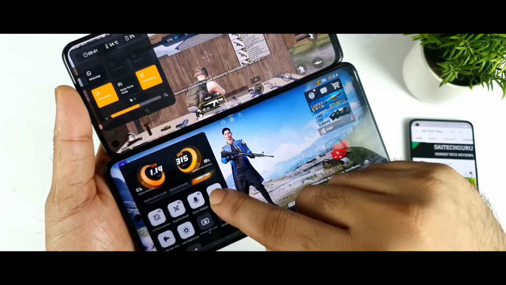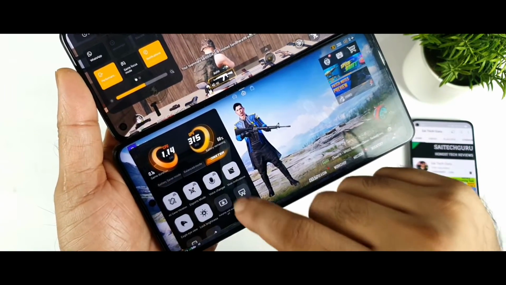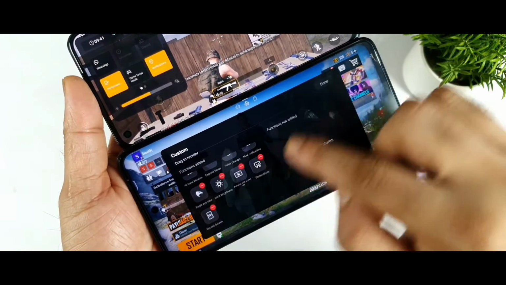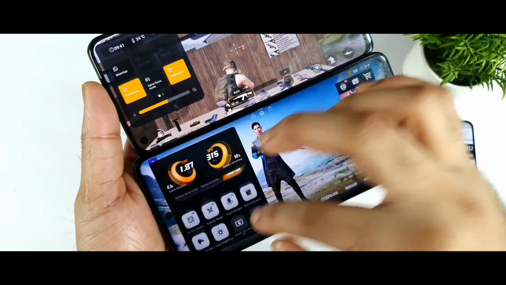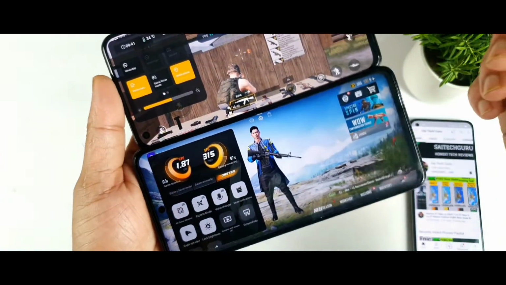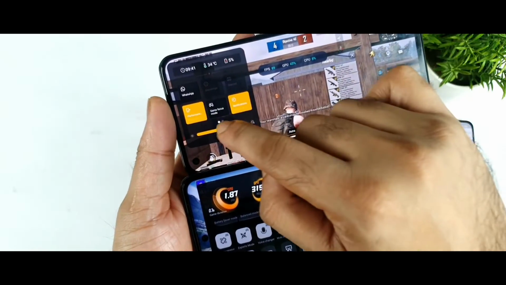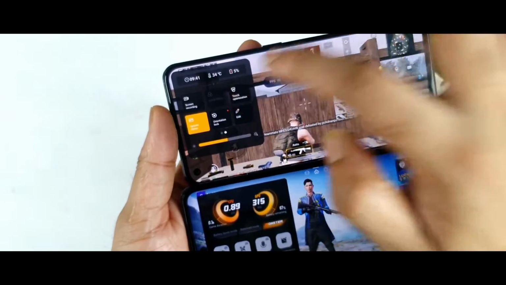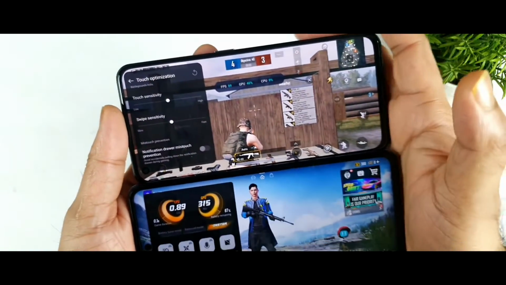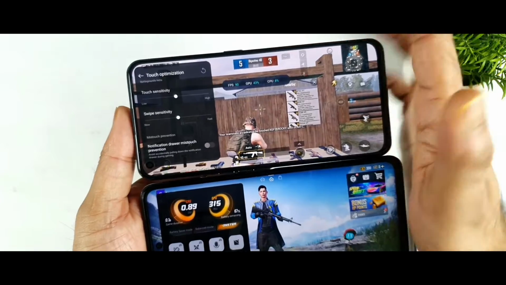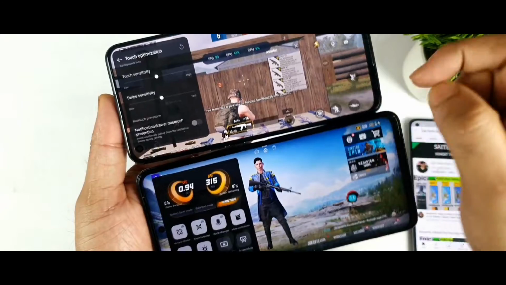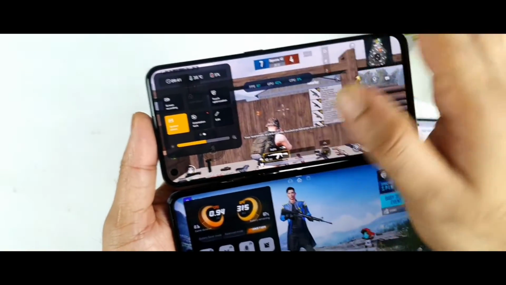So in this way you'll be able to access the floating applications, and I think we do have mute applications, lock brightness, shortcuts and recording custom. If you want, you can add different custom options as well. That's also available. So there are a few options which are limited in the iQOO phone at this moment in the ultra game mode. There is not much, and even the brightness adjustment slider is present. That's also fantastic. And a touch optimization option is available to increase the touch sensitivity. If you feel, you can increase touch sensitivity as well. And there is no such option present at this moment in this ultra game mode 3.0 from the FunTouch UI.